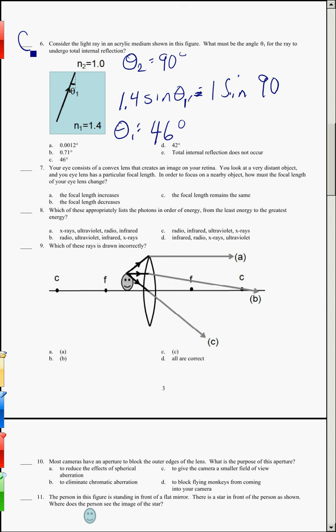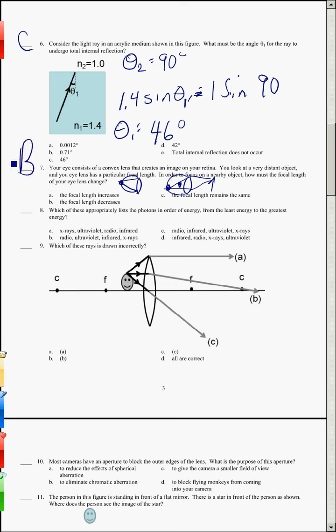Your eye consists of a convex lens that creates an image on your retina. You look at a very distant object and your eye has a particular focal length. In order to focus on a nearby object, how much should the focal length of your eye change? Alright, so if you're focusing on a far away object, it means that the image is at the focal point, which is going to be at the retina. However, if you're focusing on a nearby object, it means that the image is back here, still at your retina. However, the focal point has to be right there. So the focal length is actually going to decrease. So number 7